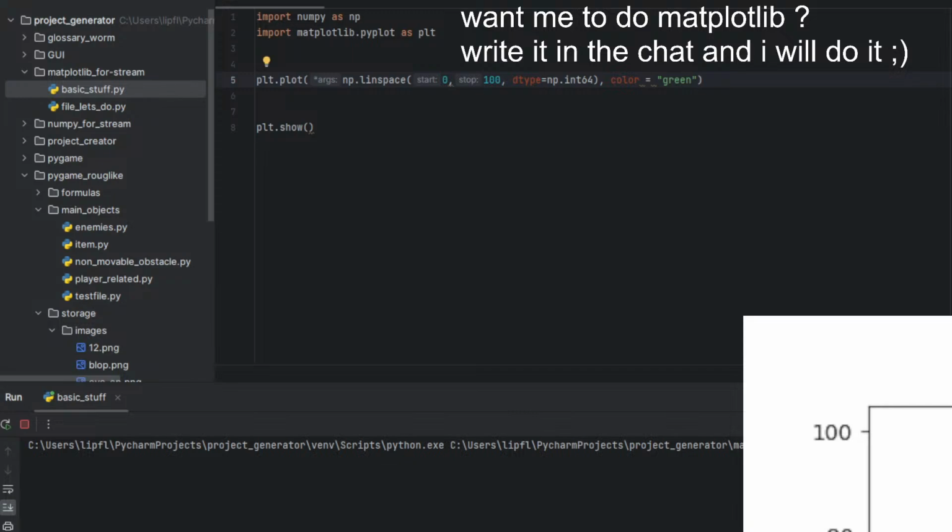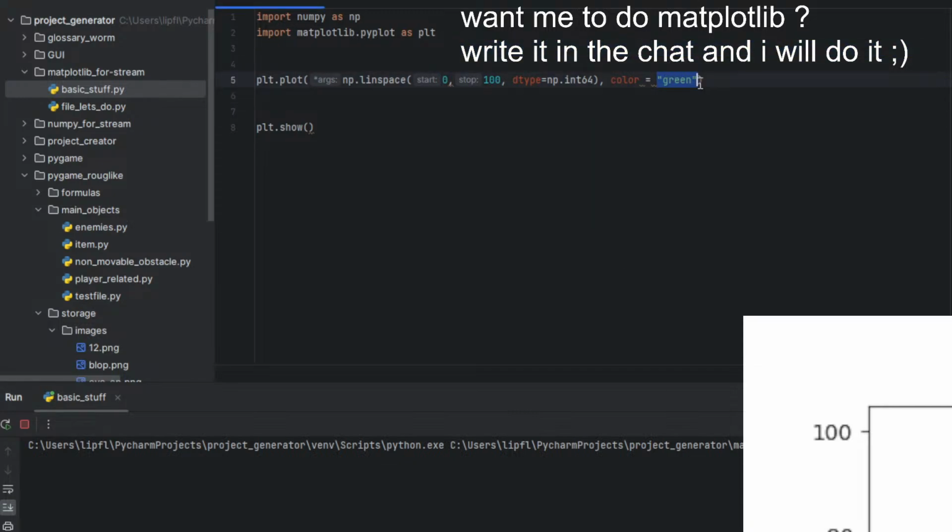How can I do a CMap? This is not that simple. Okay, let me do something else.